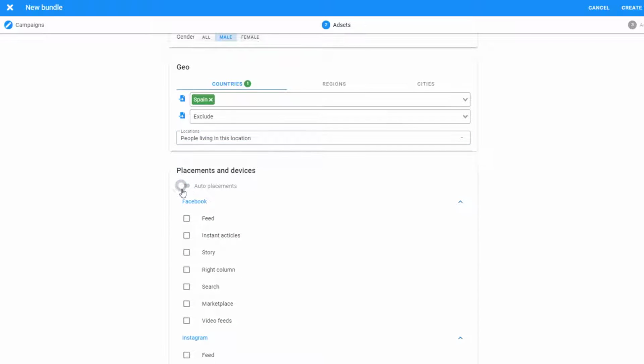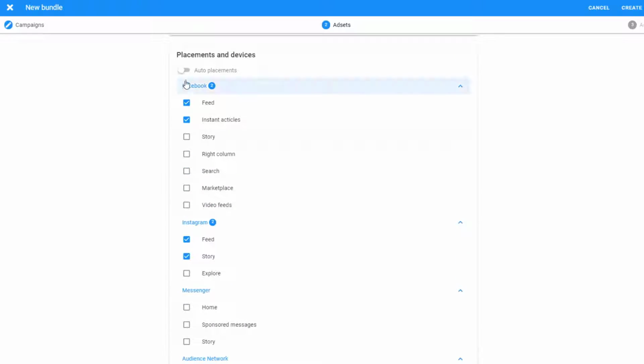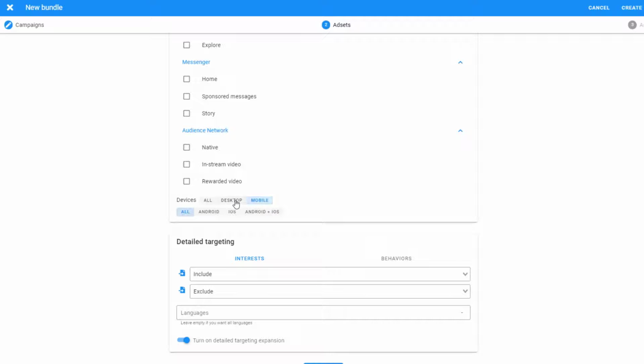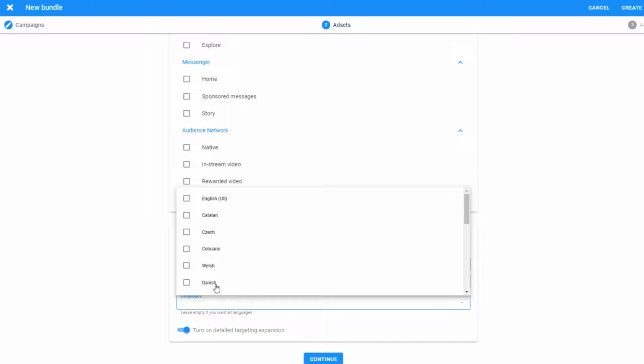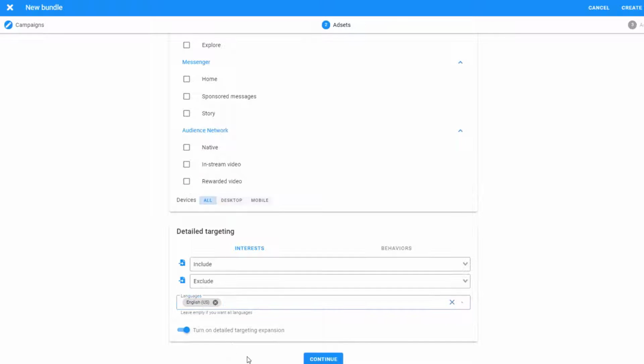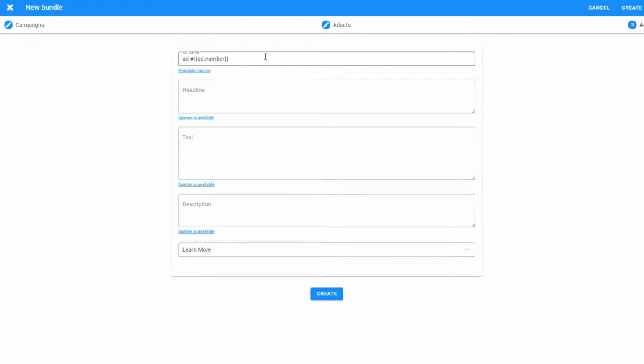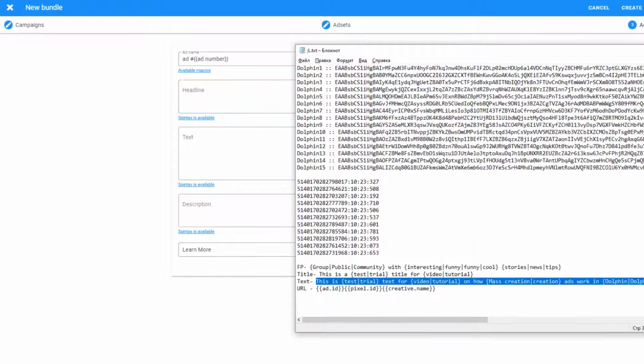Let's pick Placement. Choose on which devices our ads will be shown. Detailed targeting, and we choose languages. Click Continue. Enter the name of our ads, title, which we will randomize with Spintax,